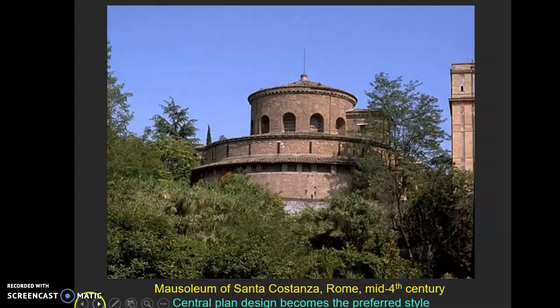Well, what you find here is a building called the Mausoleum of Santa Costanza. And this also dates from the middle of the 4th century. And this is what I wanted to introduce you to, the central plan design. Previously, with the Basilica Nova and Old St. Peter's, we were looking at something you would call a longitudinal design, meaning it's longer than it is wide. Now we're focusing on something that's round, like a rotunda, that has a central focus or plan design, and I'll show you that architectural plan coming up next.